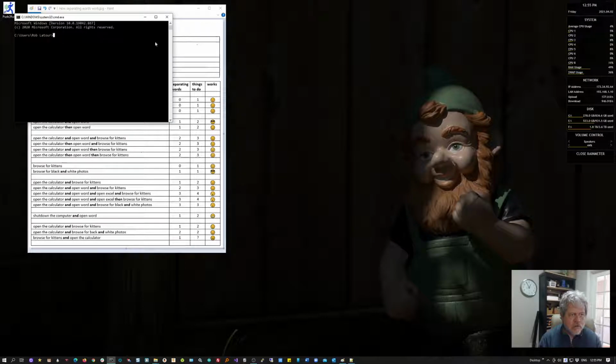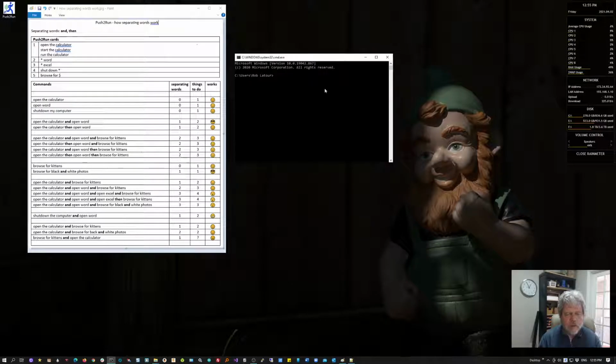Okay, this is the Windows command line. And I'm just going to show you how I can issue that command to Push2Run and have it work. So I'm just going to change where we're set up here to point to where Push2Run is stored. So this is the directory on your PC that Push2Run is stored in normally. So I'm just going to clear the screen there,